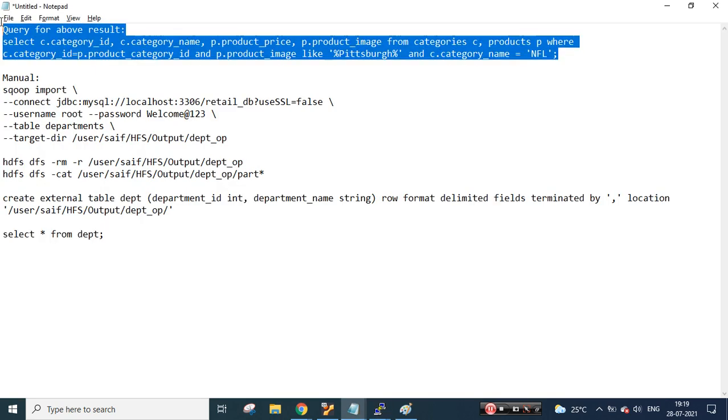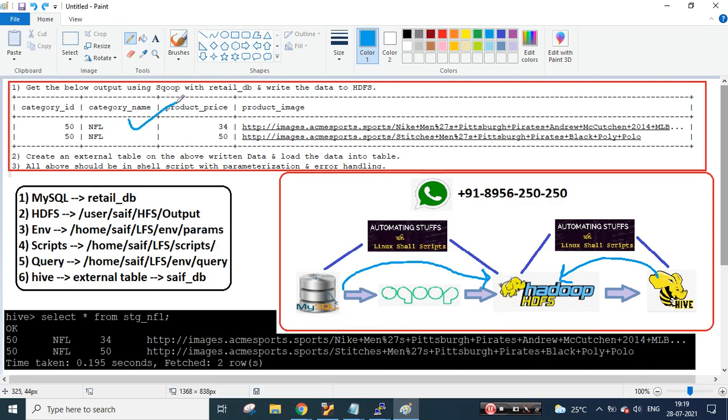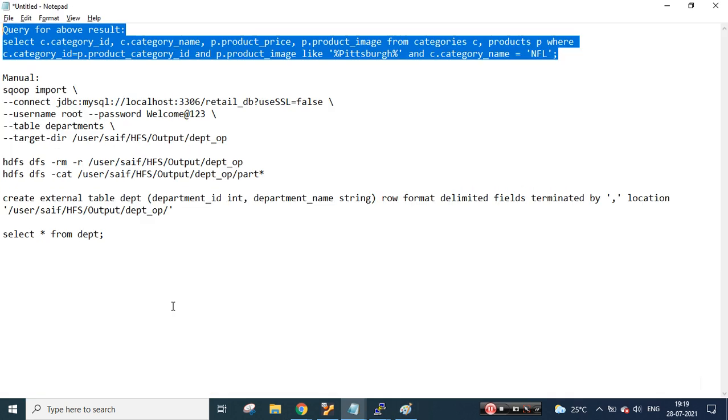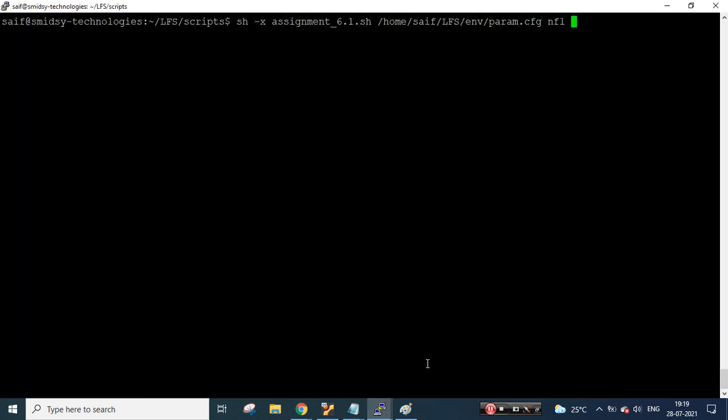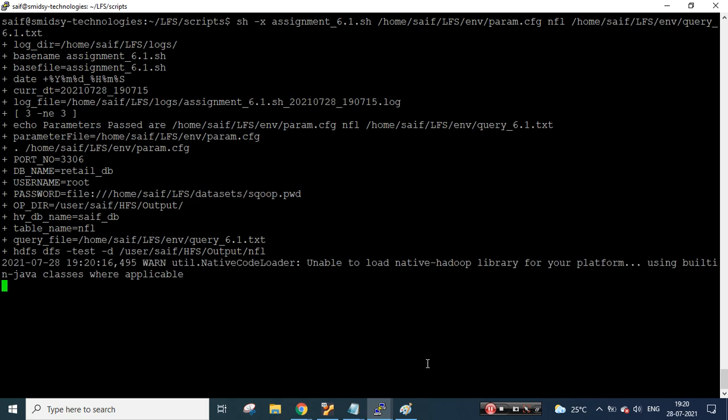So this is the query which I have written to achieve this, which would finally be written to my Hive table. So I need to call that. I have kept that in one file and I'm calling it, again at the environment location. Based on the project, these directories would change, but this is how it flows in my project. So /home, save, LFS, environment folder, and again in the environment folder I have kept multiple queries. For me it's 6.1.txt. This is a small script which I would be executing, and it will start doing its work.